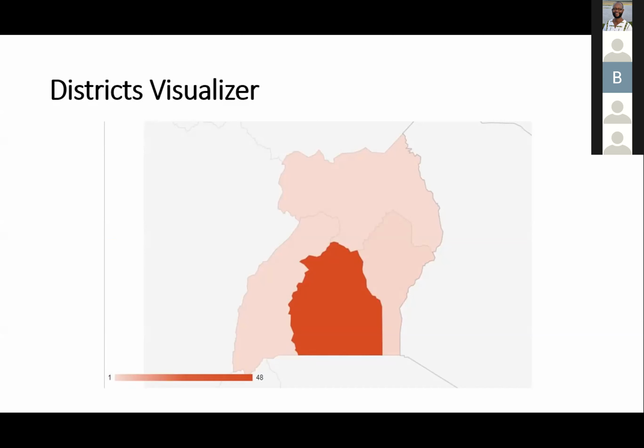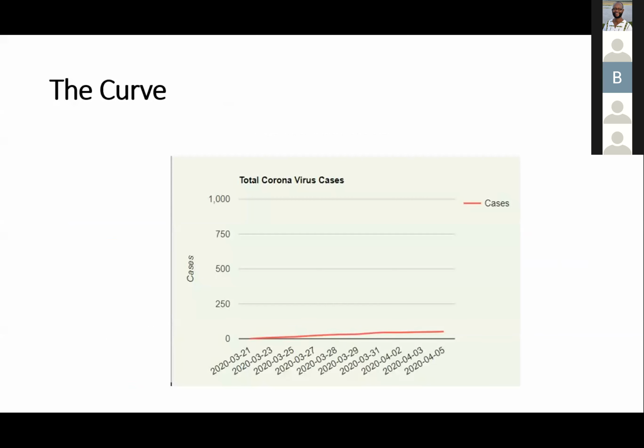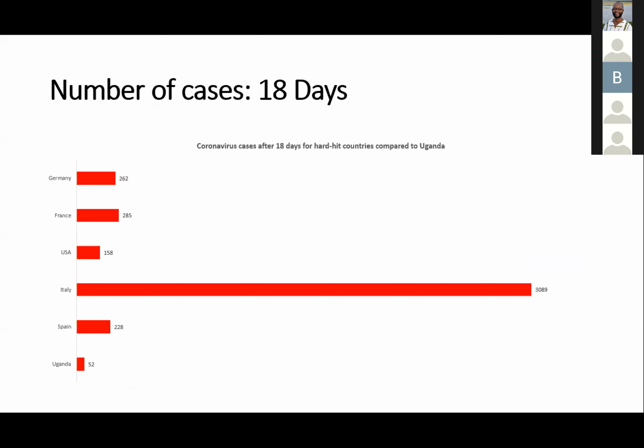But considering that there have been a lot of measures to contain the spread, we can see from that graph that the new cases being reported are very few. This is just after 18 days. So it'll be interesting to see what it looks like after 21 days, because looking at data globally, after 21 days the cases shoot into the thousands, and things seem to spiral out of hand. So it will be very interesting to see how things move in Uganda, especially.